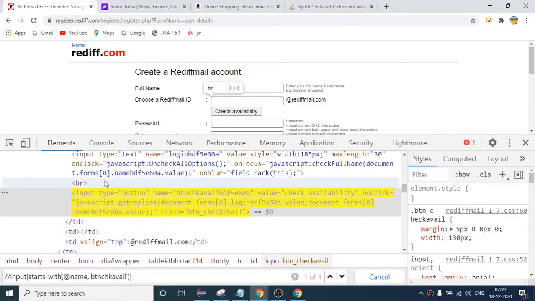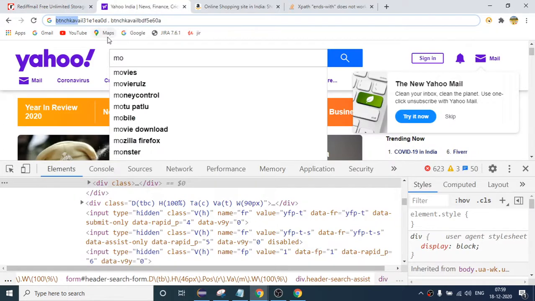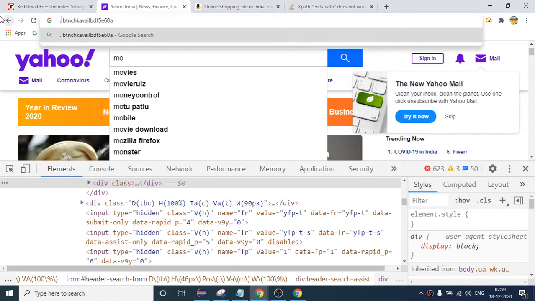Just suppose I remove this, and suppose this keeps on changing. I mean to say that whenever you refresh your browser, this changes, as we have already seen, but suppose this previous value is also changing: the second time it becomes like this, and the third time it will again change. In that case, if you try to write starts-with, it will also fail because it is also changing. Starts-with will not work here.